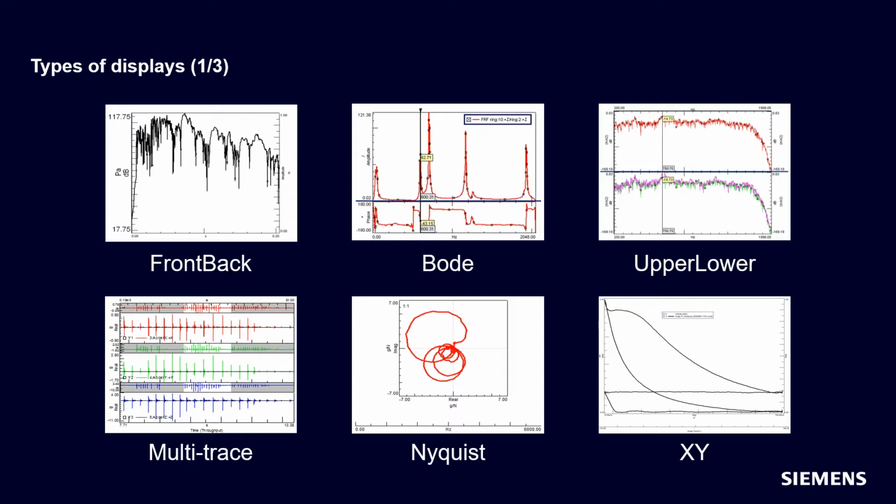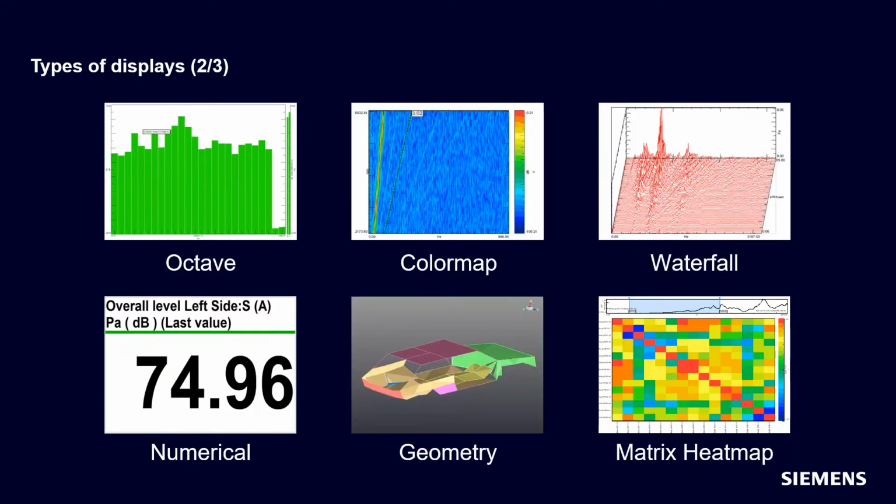A Bode plot's going to show us an FRF in magnitude and phase, or real and imaginary. Upper lower is just what it sounds like. Multi-trace is where I like to plot time data or throughput data, and there's some neat features there. Nyquist is also a real versus imaginary plot, but it shows you sort of a rotated view where you would see an FRF and you would see them in actual circles in that format. XY is for things like maybe suspension travel where you have things varying both with X and Y that isn't a traditional front back type display.